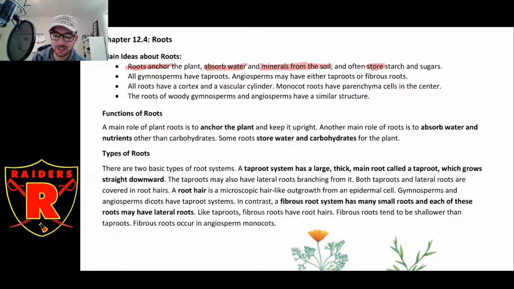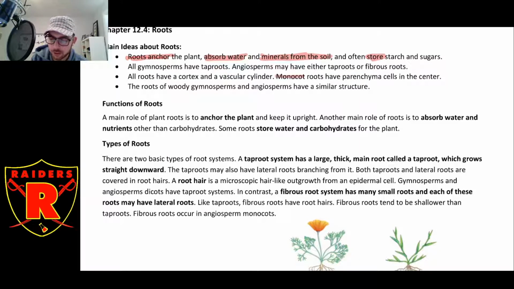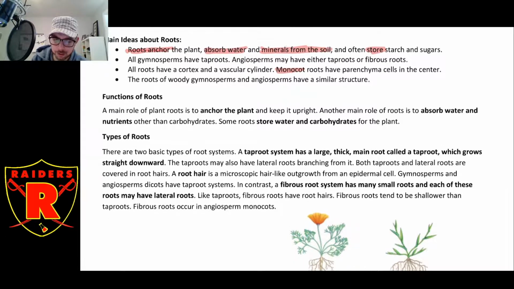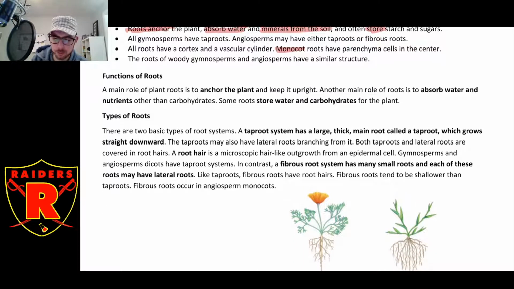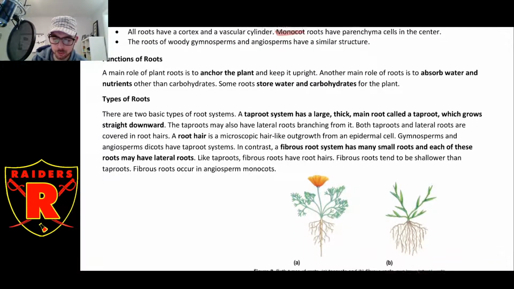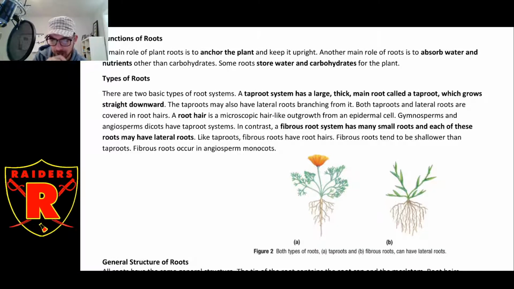And the structures of monocot and dicot roots are a little bit different. We're going to talk about those differences, what they have that makes them identifiable. And then we're also going to talk a little bit about how gymnosperms are similar or dissimilar from the others. So, as I just mentioned, they're used to anchor the plant and keep it upright, which